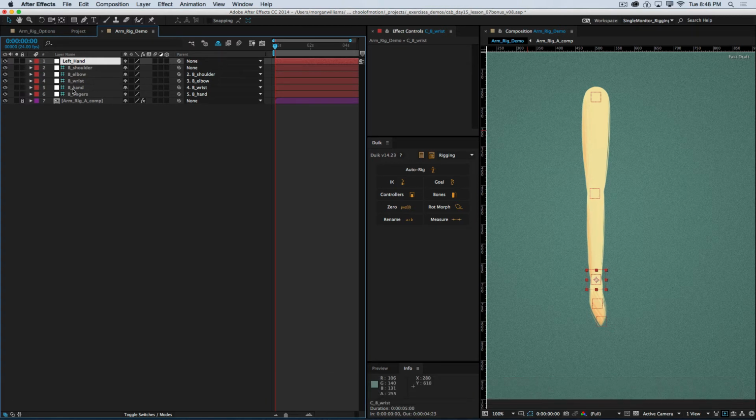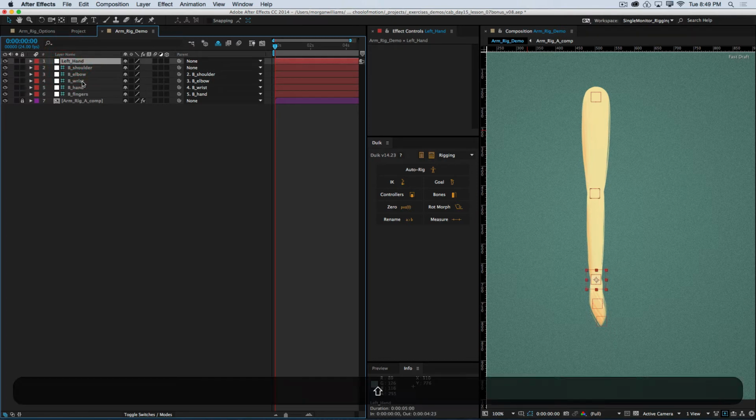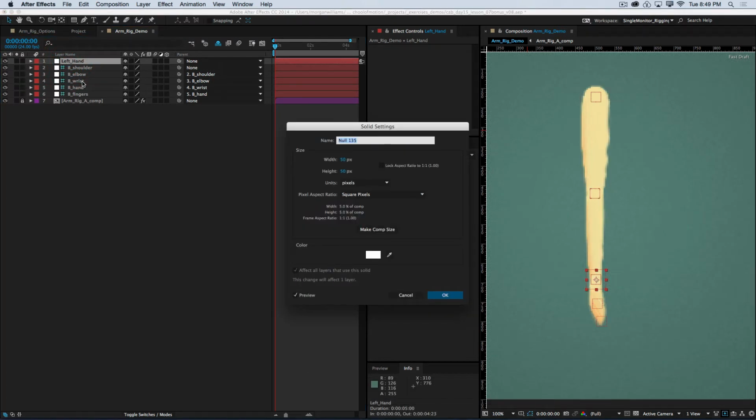And I always like to name the controller something very easy and obvious and easy to read, because this is what the operator or the animator will actually see. That's what they will actually be looking at. Now the other thing I want to do is make it bigger so it's easier to grab, and I want to kind of surround the hand to make it sort of intuitive, to give it a comfortable feeling. And so I'm going to make the size of this null